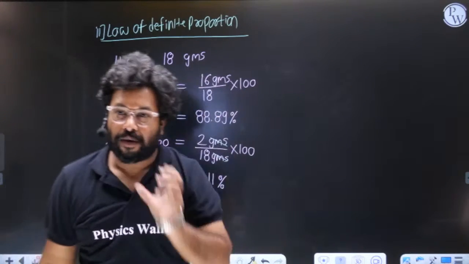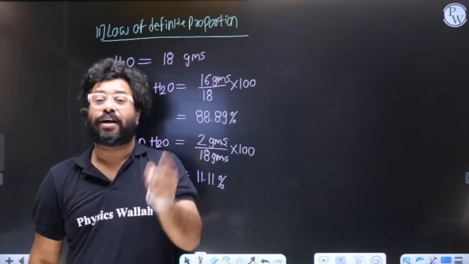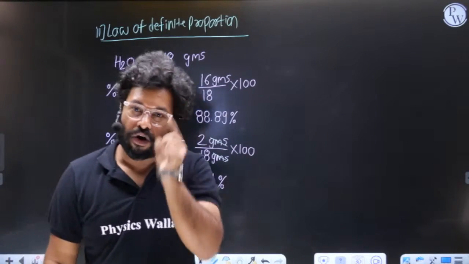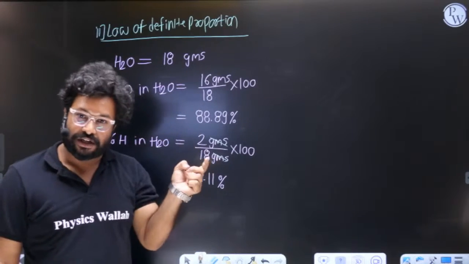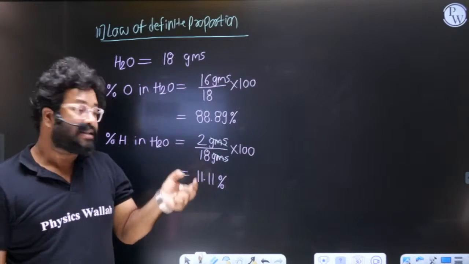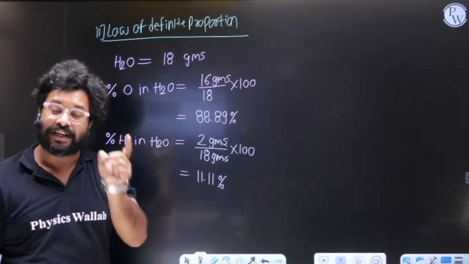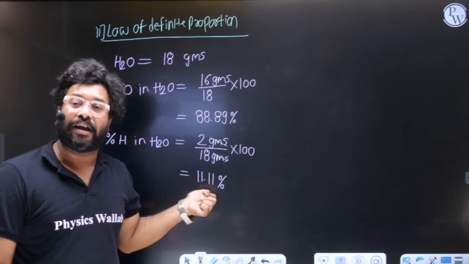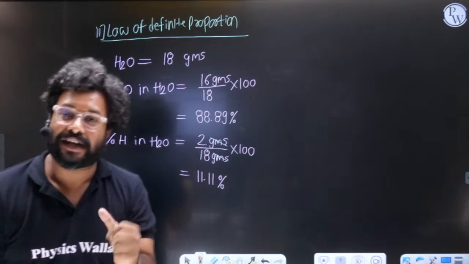So the law of definite proportion states that water would always have oxygen as 88.89% in it, and hydrogen as 11.11% in it,